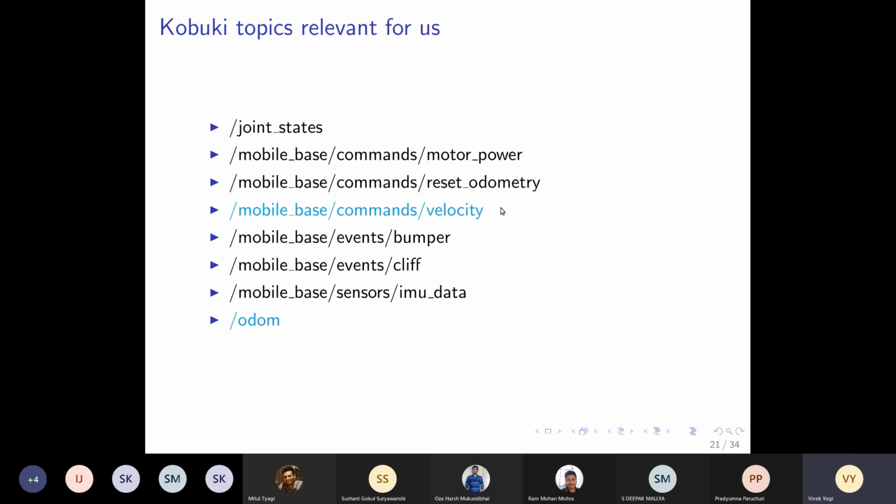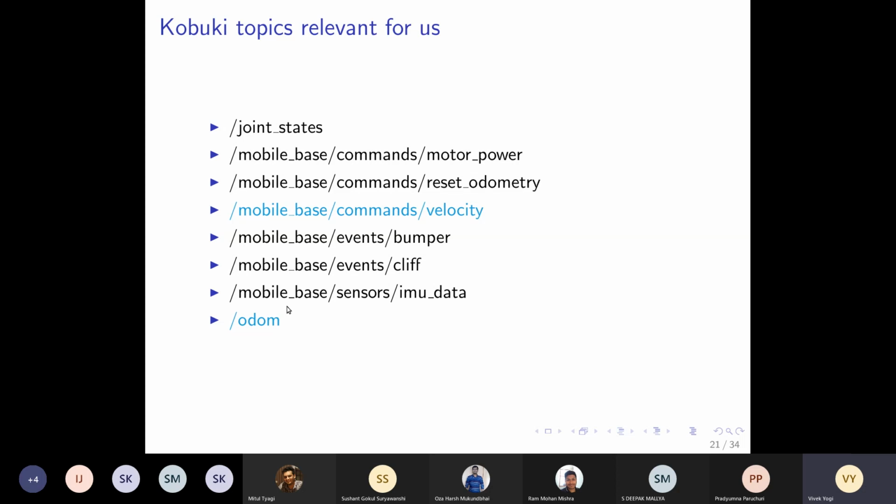Then the other important topic for us is this topic called odom, short for odometry. And what is odometry? Odometry is information about the location of the robot. So to know where our robot is in the environment, we use this topic called odometry.